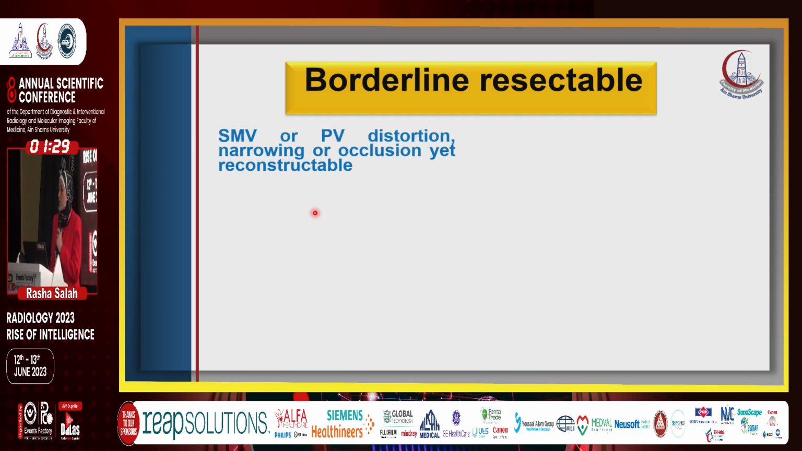Let's move to the borderline resectable tumor, where the SMV and portal vein appear to be distorted, narrowed, or occluded, yet it could be reconstructible. We, as radiologists, don't imply to the clinician that this is resectable or not resectable. We just report what we are seeing, and the clinician has the choice to evaluate whether this patient can have surgery or not